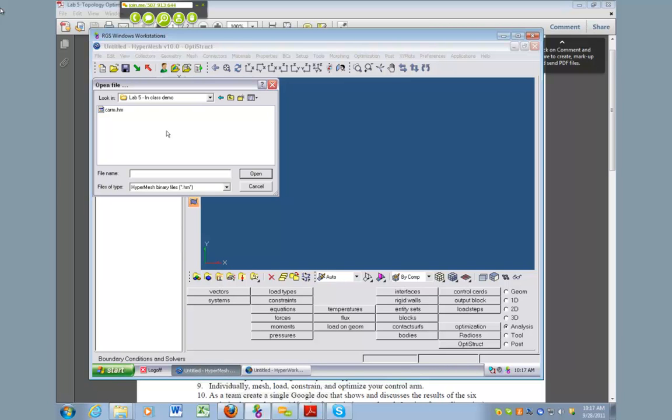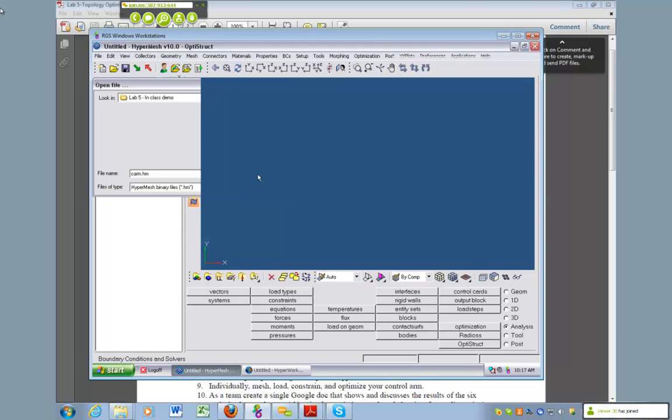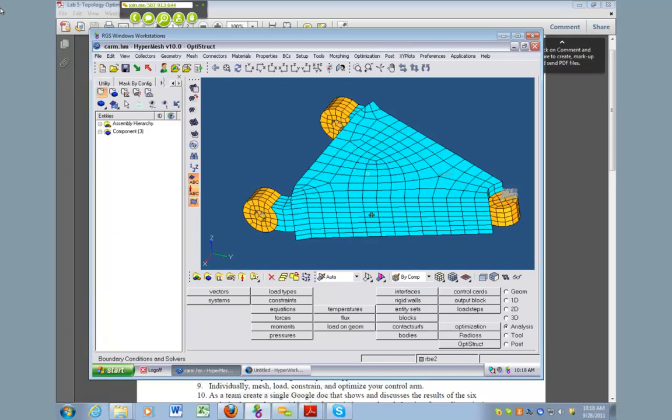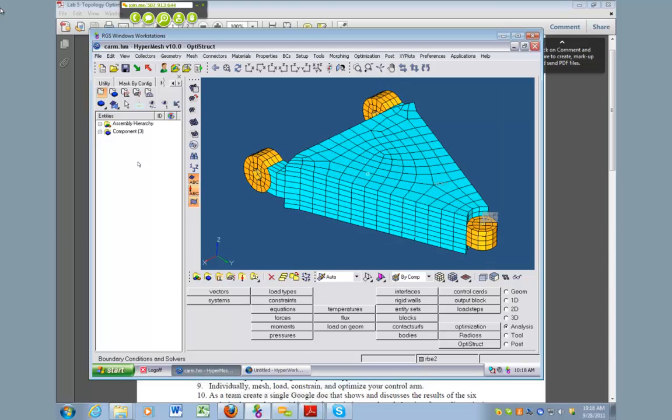So I'm going to open the file now. You click Open or File Open, and here's the part I have ready, carm.hm. And so here's our part, as we can see. It's already got several things set up. We can see there are 3